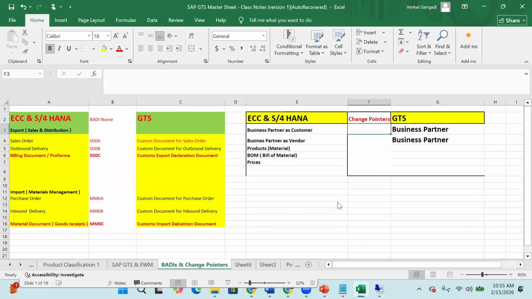Let me explain this one first. So for the change pointers, the change pointers that need to be activated to transfer the customer data from the S4 to the GTS, that is